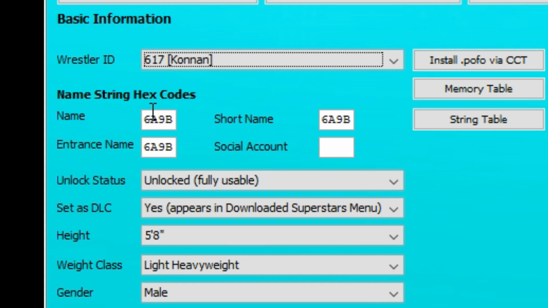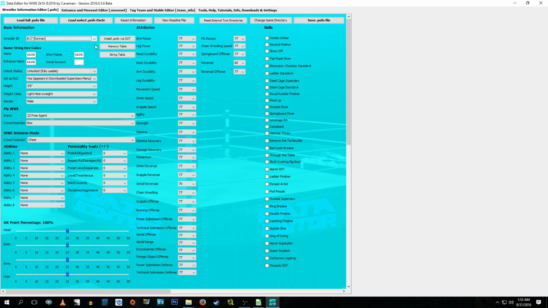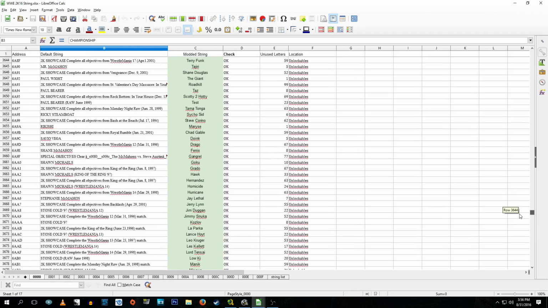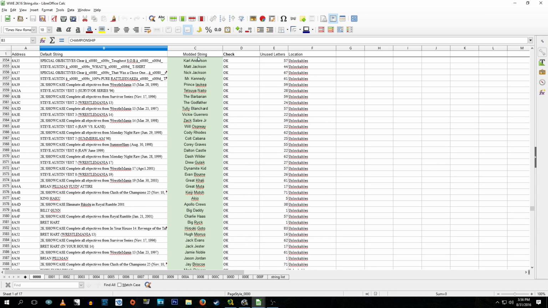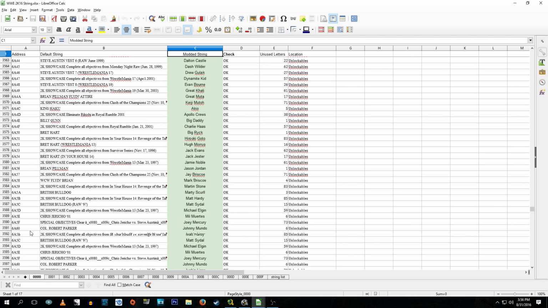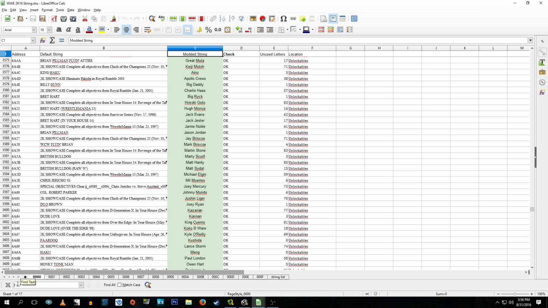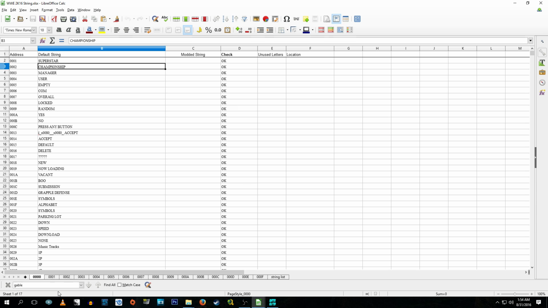So once we have that selected to Conan's Pofo instead of Chad Gable's Pofo, now we need to make sure that the string name is correct as well. These 4-digit boxes underneath here all pertain to the naming convention of the Pofo. So we're going to go back in to Possum's 2K string spreadsheet. You see here it has the modded addresses and the 4-digit are all to the side. I use LibreOffice, which makes finding these things extremely easy, as I can just click down here in this box, type Chad Gable, hit enter, and it will bring me to the exact spot where Chad Gable's ID number is